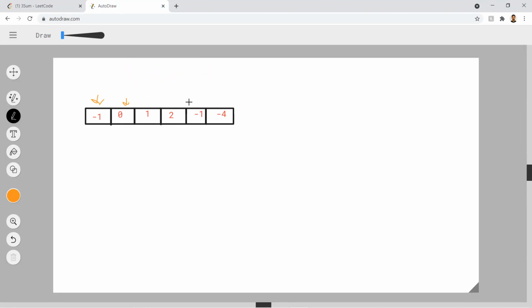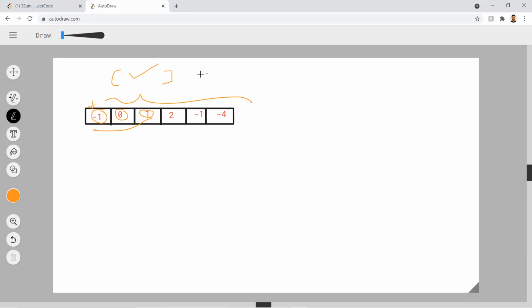As we can see, we need to find three elements from this array. The first intuition for the approach is to iterate over the array three times. If we take -1 first for the first element, and then look for the second element from the remaining array, and if we find another element and sum them, we can add it in the result.